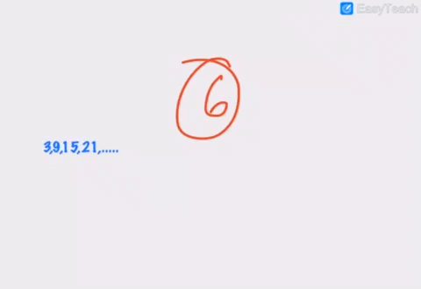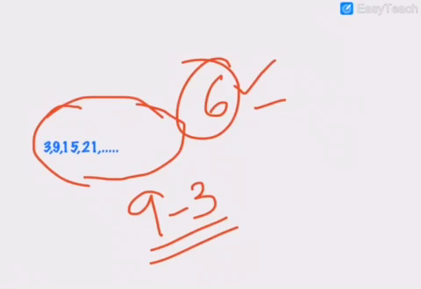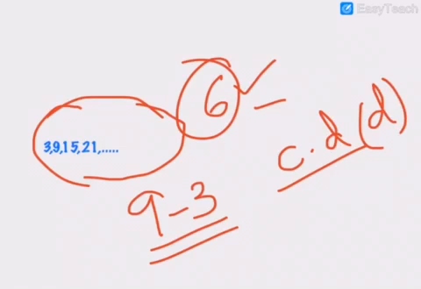So how do we get this 6? We get this 6 by subtracting 9 minus 3. By subtracting two consecutive back-to-back numbers, you will get this 6. When you are getting this by subtraction, that's why we call it difference. And it is common throughout the series. Wherever the series goes, it is common, therefore we call it common difference, CD. And to represent this, we use the letter D.